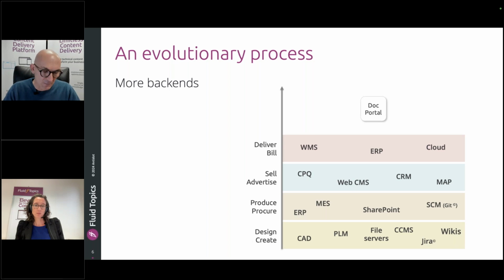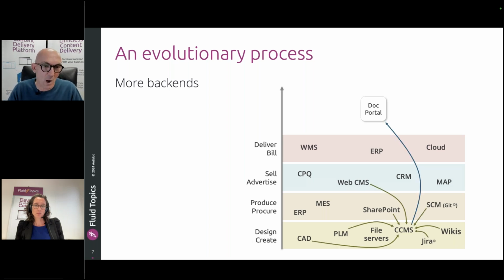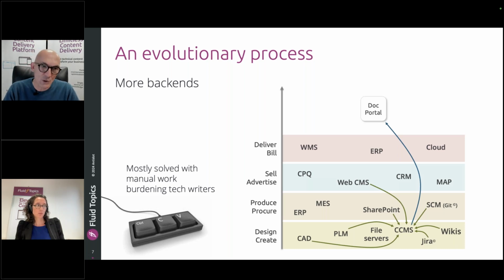And in that case, with this multiplication of backends, you had only two options. One is keep this idea of using a single source of content and start ingesting all the necessary bits of content from the sources inside the CCMS, inside your topics when you design your content, and then keep this single source, single touch point way of delivering content. But again, everything has to be put inside the CCMS, which usually was done mostly by copying and pasting the necessary content from those repositories, which is a pretty tedious work for tech writers. The other option is